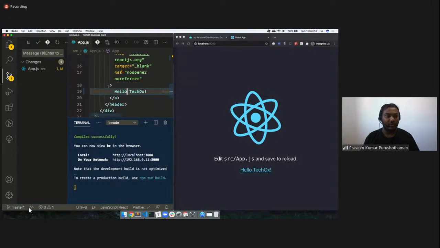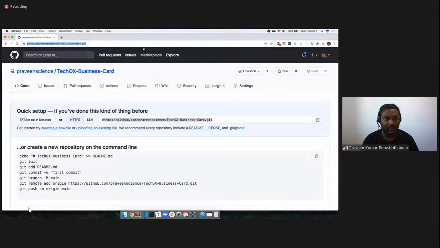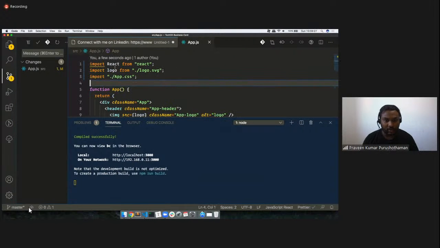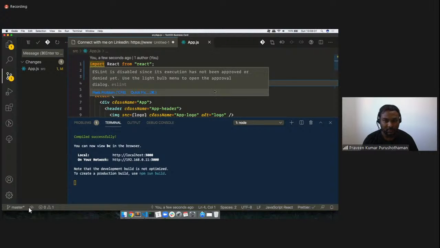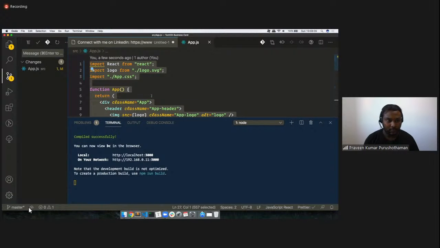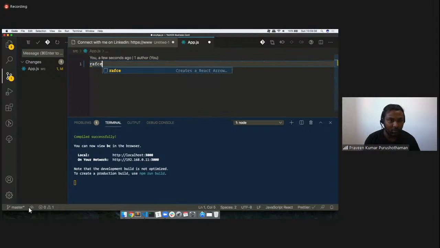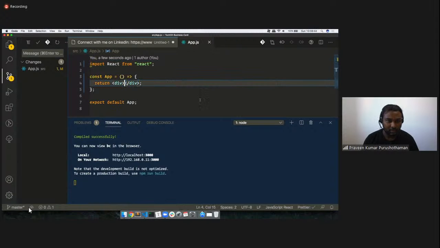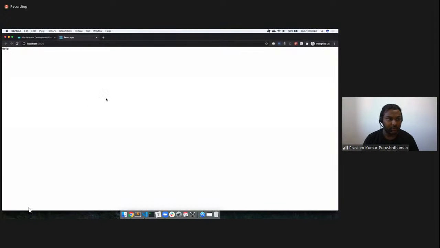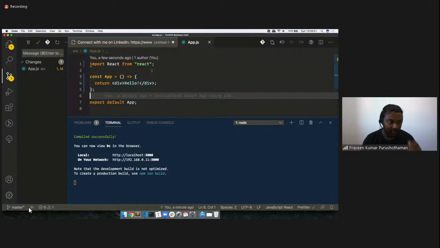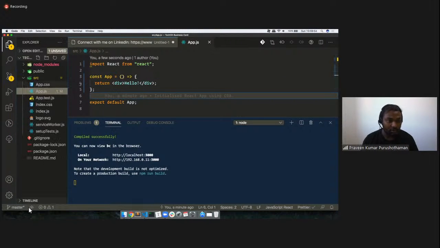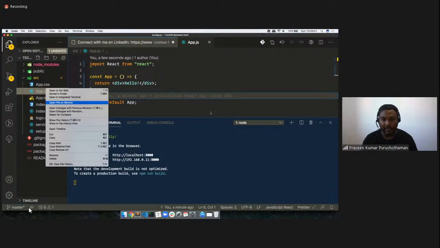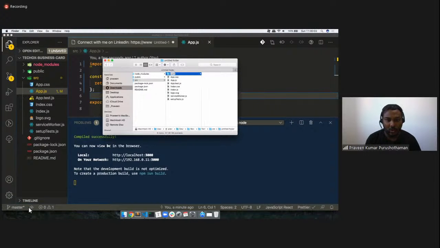And the next thing we will be doing is some cleanup. So let's go back and let me try to remove all these things. The first thing I want is one simple repository, something like this. Let's say hello, and then I'm going to save. It's going to show me just a normal hello in the page. Apart from this, I need to update the whole directory, so I will be creating a couple of folders, first starting with components,